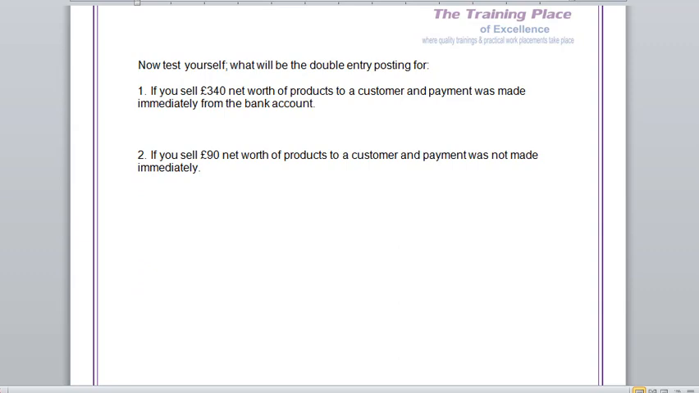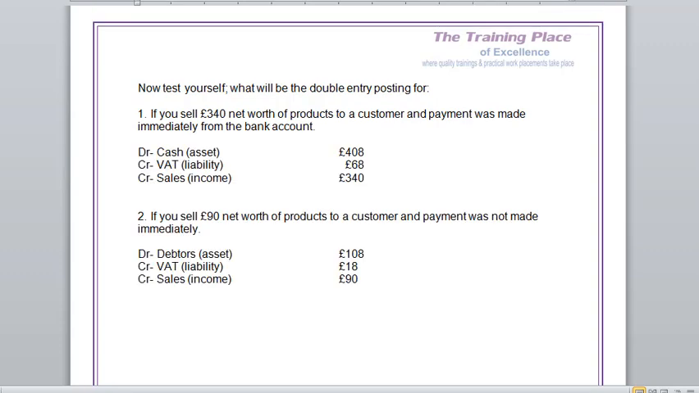We have a very simple ordinary test for you. It now says, now test yourself. What will be the double entry posting for each of these? I will say that you pause the recording at this point and then look at the question, set out what will be your debits and credits, and then compare it with the answer that I have. And this is what I have. I'm hoping that you got it right. And if not,